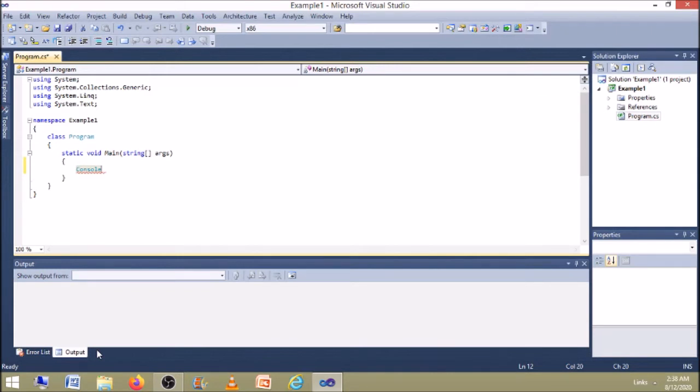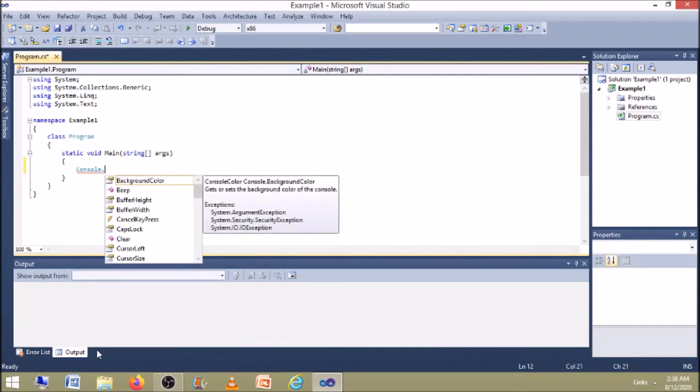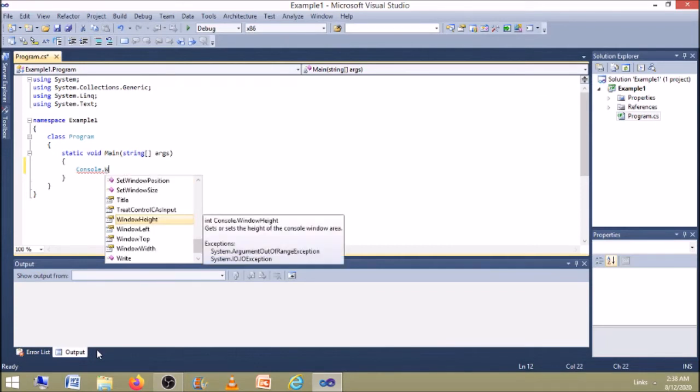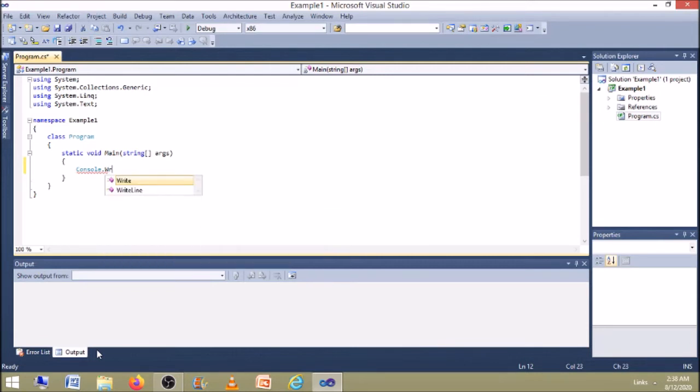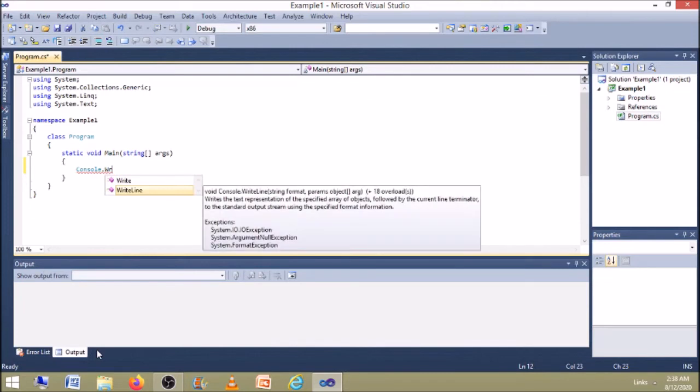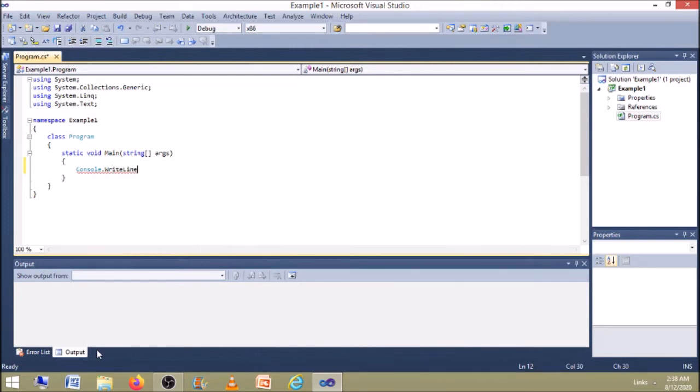Okay. Next I put a dot, and automatically again it will show some of the keywords which are related to this Console keyword. Now my next word is WriteLine. Again I type the letter W on the keyboard, then it will show the words which are related to W. WriteLine, we have to give WriteLine. So here is the word WriteLine. I choose the word WriteLine and press the enter key, then the word will come to the text editor window.